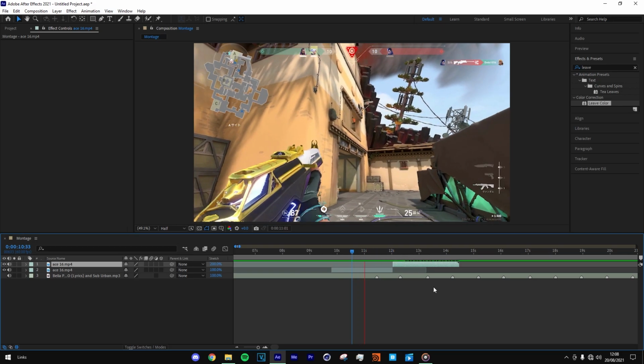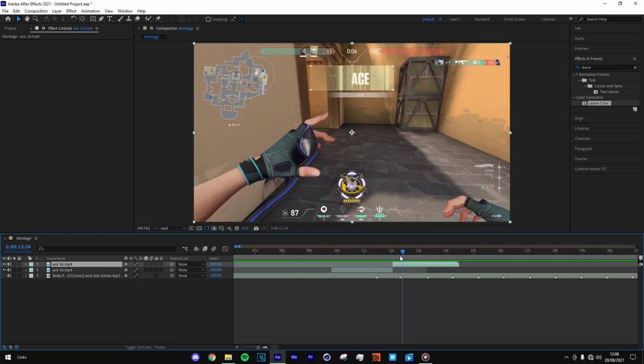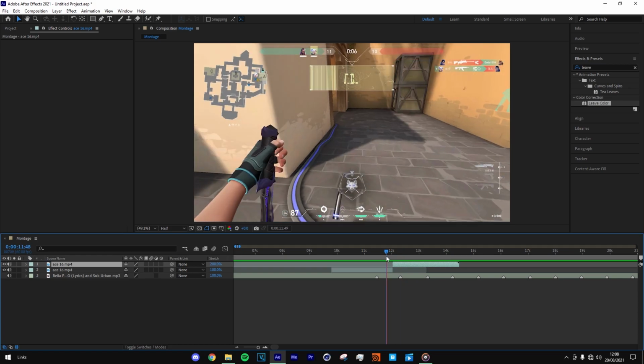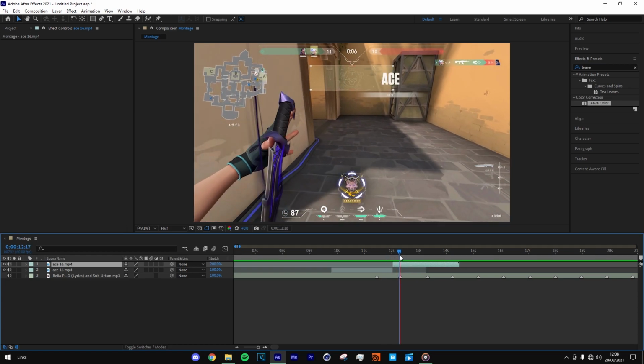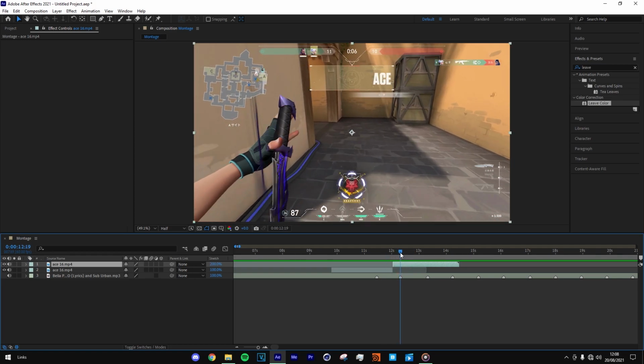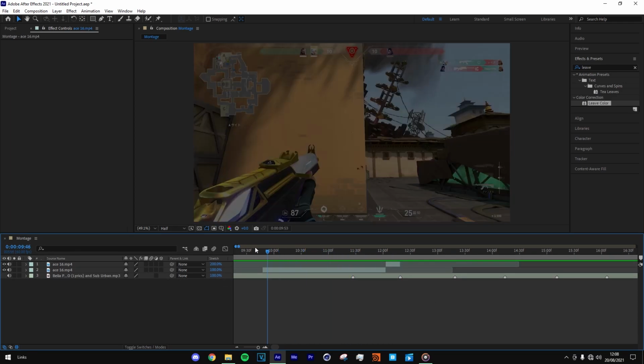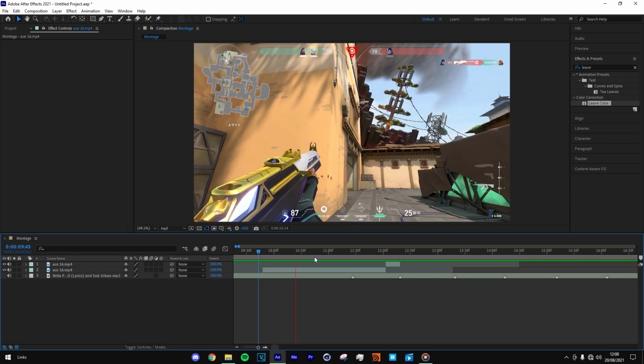And now if I play this, as you can see, it slows down. And I want there to be a transition here because there's a different beat drop. So I'm just going to click Control Shift D and then cut the clip. So now if I play this back,